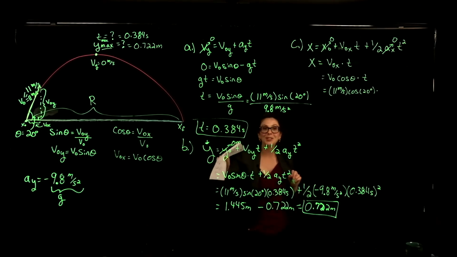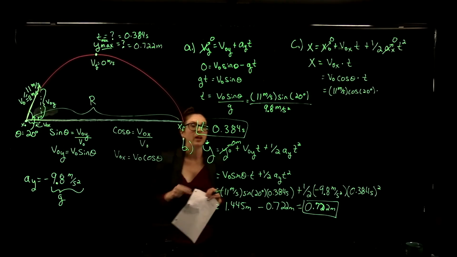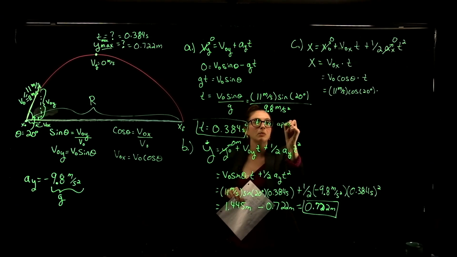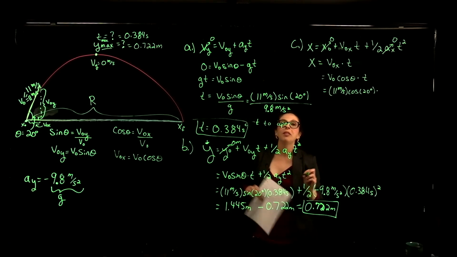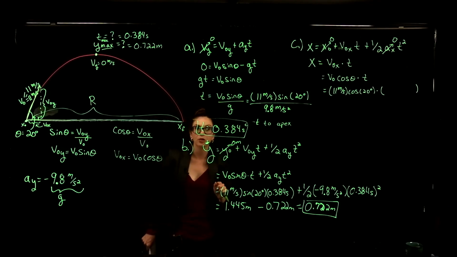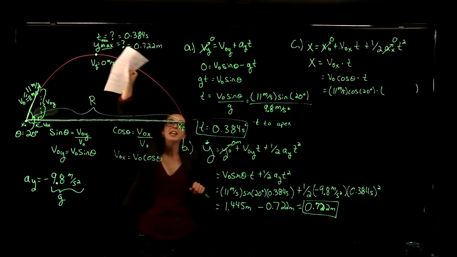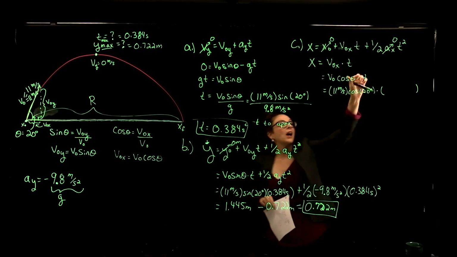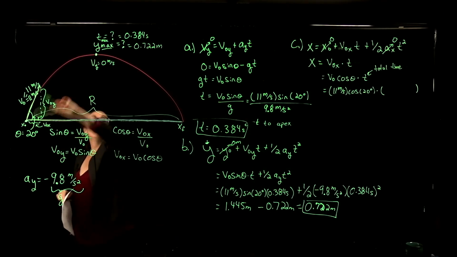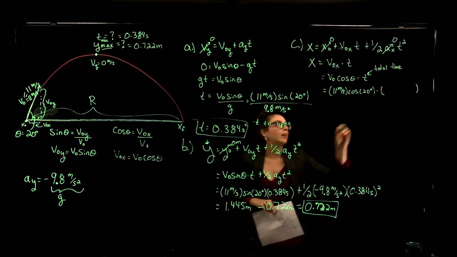Oh, no, we can't use this time here to get our horizontal distance that we've jumped away from our initial starting point, because remember that this time was the time to the apex, the maximum jump, the maximum y height of her jump. Now, the cool thing about projectile motion is that as long as we're not applying an additional force in the horizontal direction, the time it takes you to reach the apex of your jump is the same amount of time that it takes you to fall back down to the ground. So this is going to be the total time from jump all the way up and then back down to the ground again. And so that total time is going to be twice our 0.384 seconds. So this is going to be 2 times